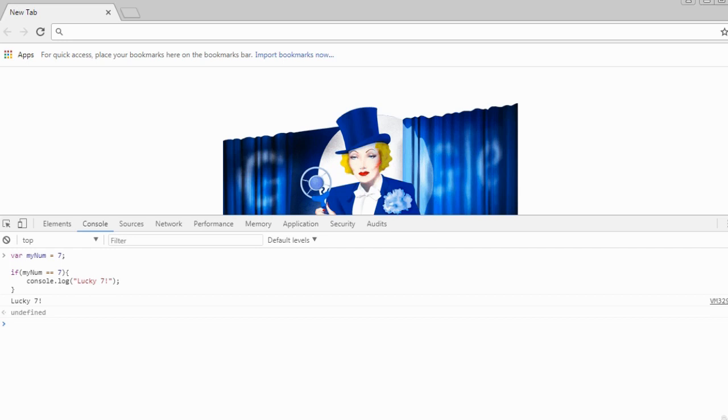However, you can also create a condition in which you add an else statement, so that if the condition inside the if statement is false, then a different block of code will execute, which is located inside the else block. So here I've got another variable, also called my number. I've changed the value to 10, and here I've included two statements, the if statement and the else statement. So what happens is the comparison is made, the condition is tested, and the test